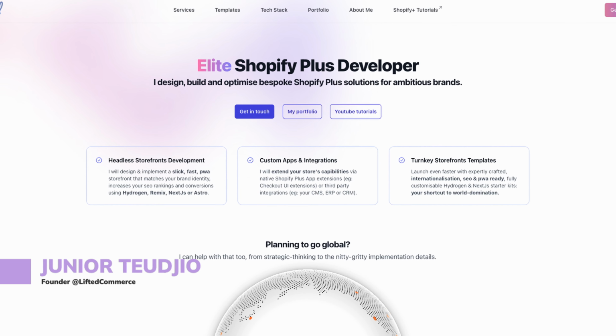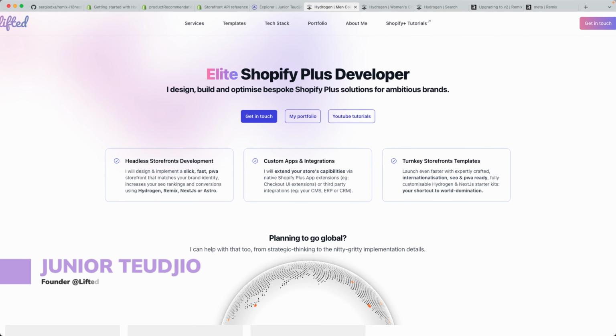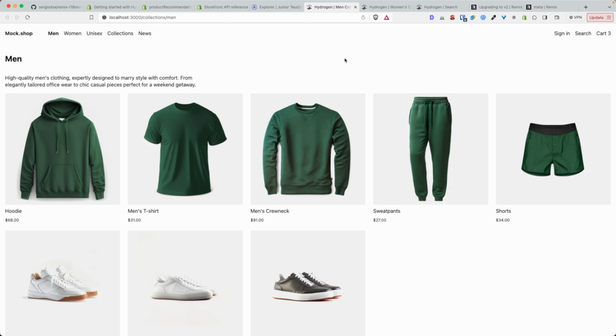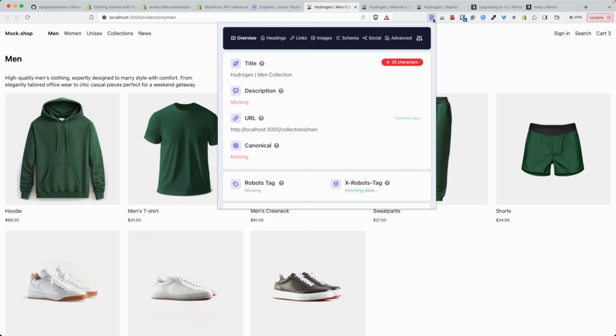Hello Internet, in today's video we're going to learn about Shopify Hydrogen SEO and in particular the meta tags. And by meta tags I mean specifically the title and the description. And as you can see here using this Shopify SEO browser extension, you can see that for the collections page, the demo storefront that is created for us by the Shopify CLI adds the title but does not add